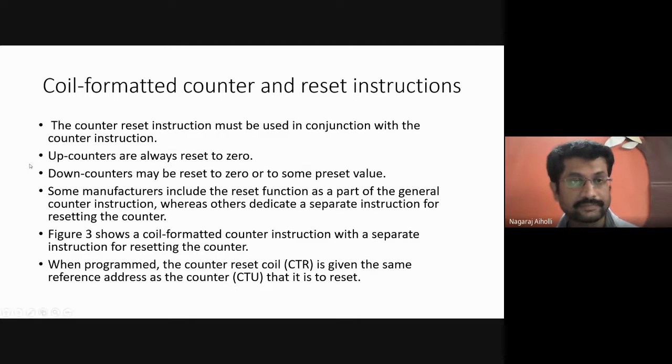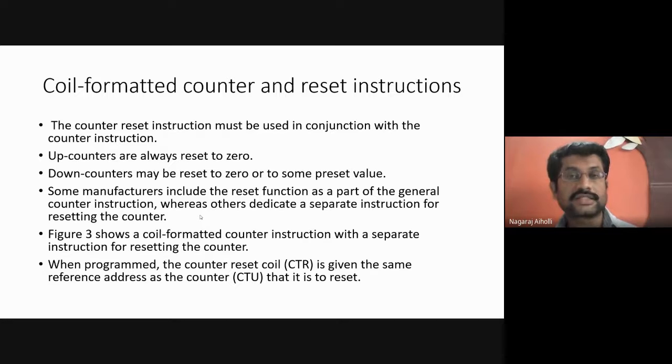The counter reset instruction must be used in conjunction with the counter instruction. Up counters are always reset to 0. Down counters may be reset to 0 or to some preset value. Some manufacturers include the reset function as part of the general counter instruction, whereas some manufacturers provide a separate reset instruction.